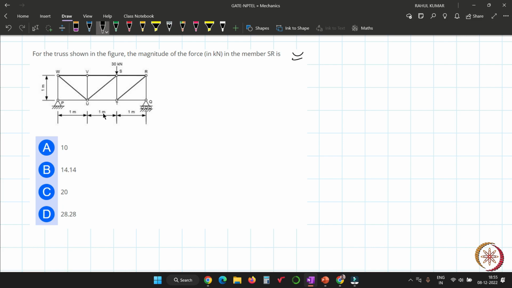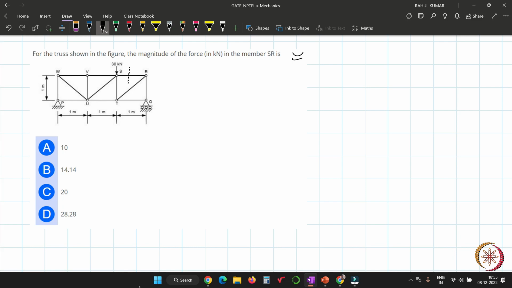What is the answer? 20. Yeah, okay, let's solve this. To solve this problem, you have to apply the method of section, otherwise you will have so many difficulties. So what will we do? We have to determine the force in